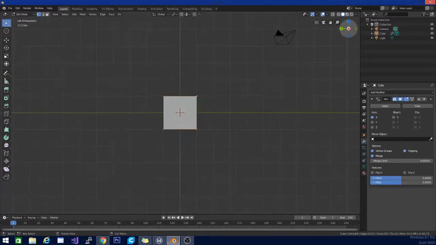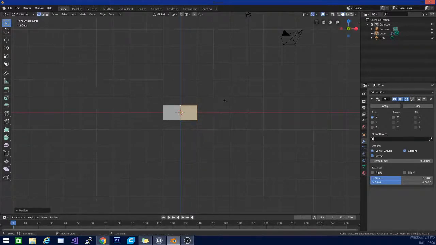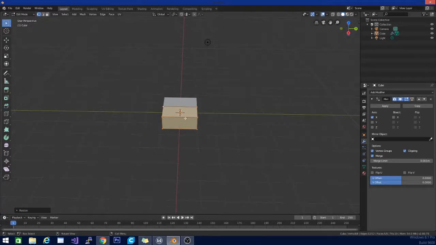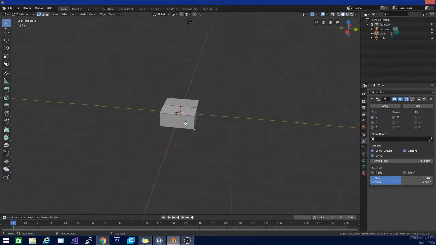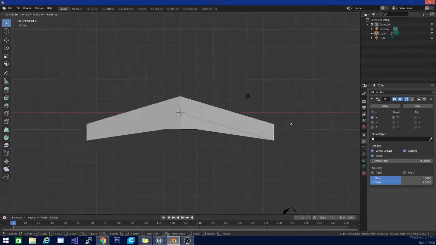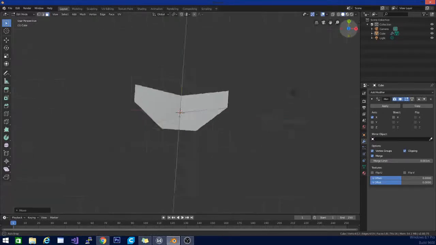So I'm going to go ahead and go to my front view so I can see what's going on, and I'm going to hit S for scale and Z to shorten this guy down a little bit. And then I'm actually going to hit Control R, and we're going to throw another cut in right here. And I'm going to take this face, and looking at it from the top, if I hit G, it'll grab it and allow me to move it around and manipulate it. So we're going to go ahead, pull it something like that,